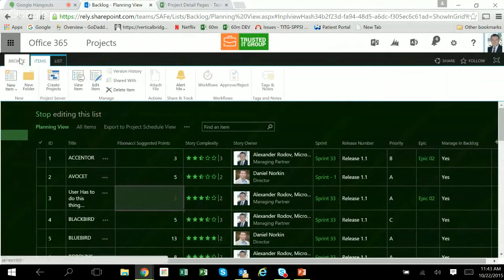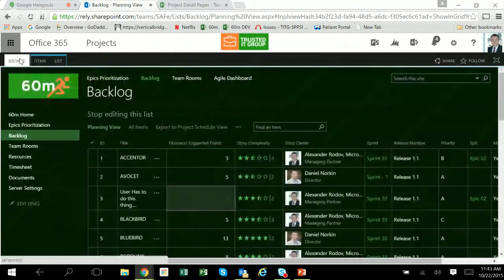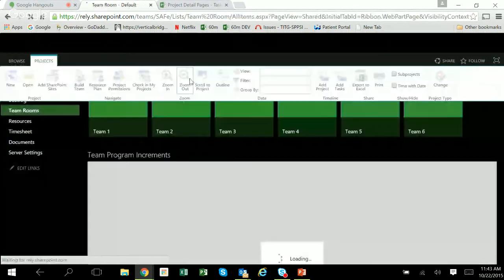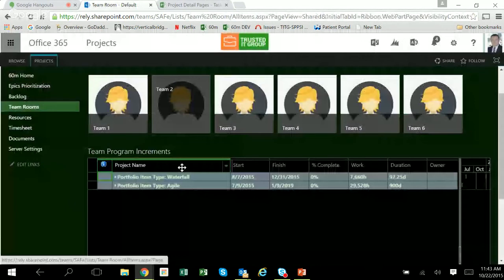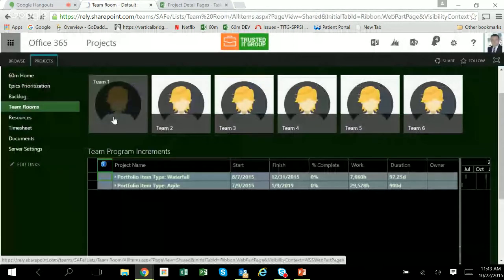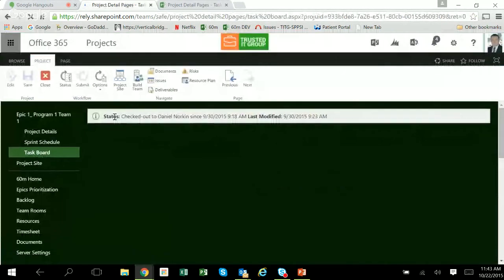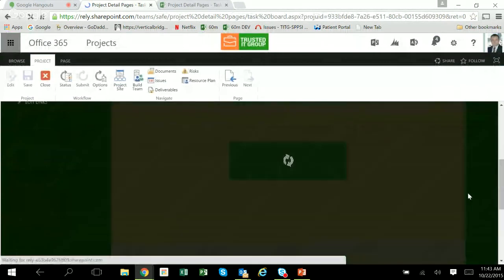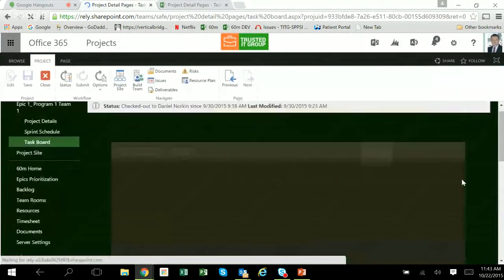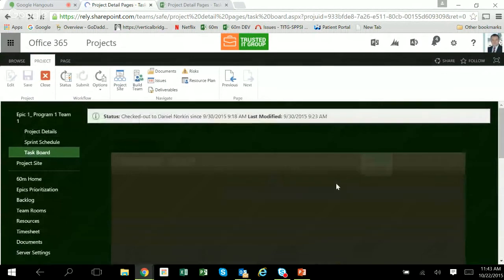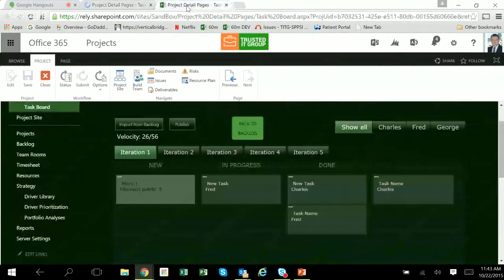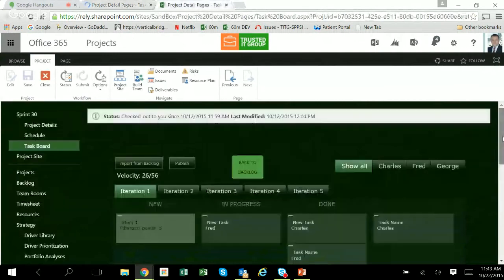The other area would be the team rooms. I go to my team room, where I can see the current task board, the current sprint. This particular one is checked out to Daniel, so I cannot update any of these stories, so I'll get to the other project that I already have open, where I can basically do a lot of drag and drop,